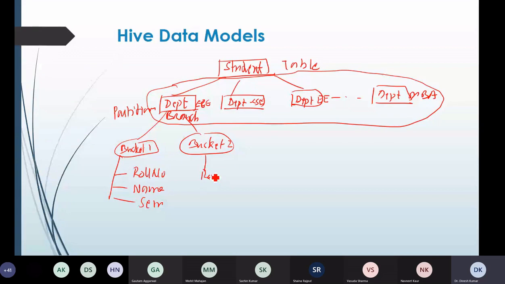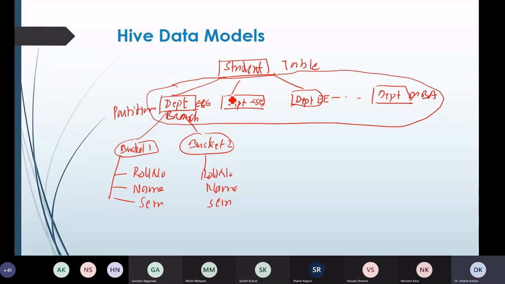So if we want to find out a student who belongs to the EC branch, of let's say 4th semester, then instead of searching for that student over here, we can directly go to this particular bucket and find that student. So the search space is reduced from this large data set to only this small bucket.